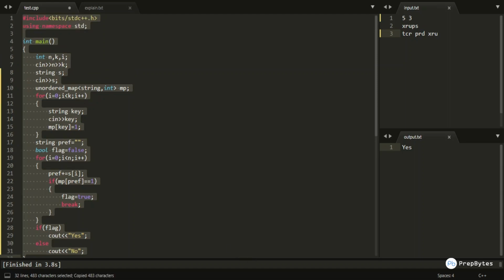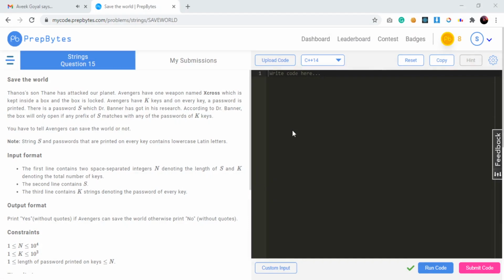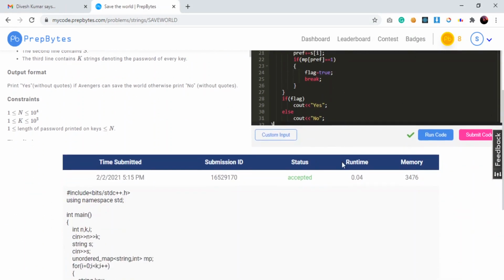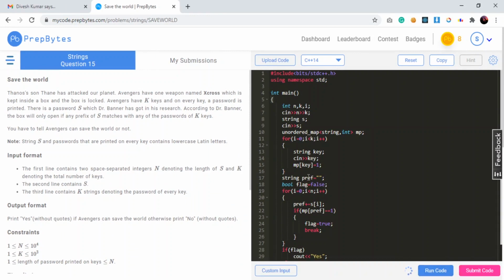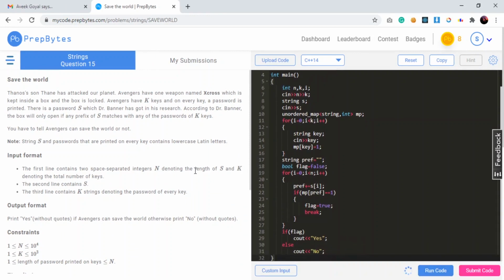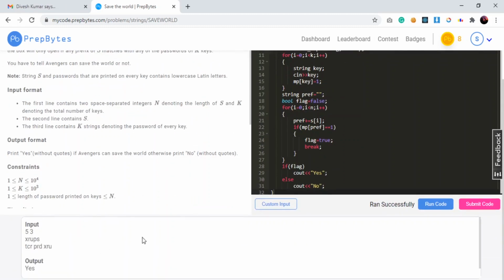So I would move to the Bytes platform to submit this particular solution. Okay, let me submit this one. Okay, it ran successfully and it gave yes for the sample test case.